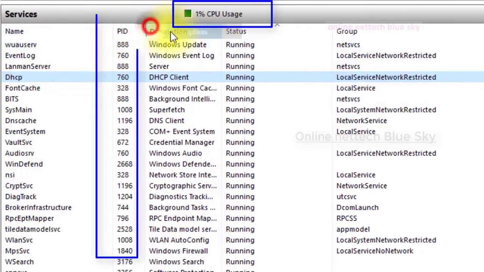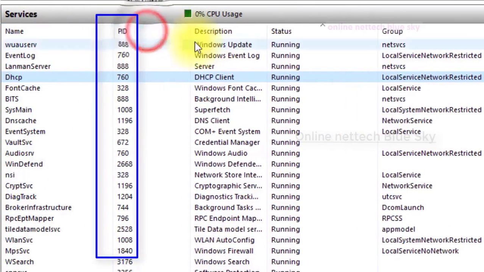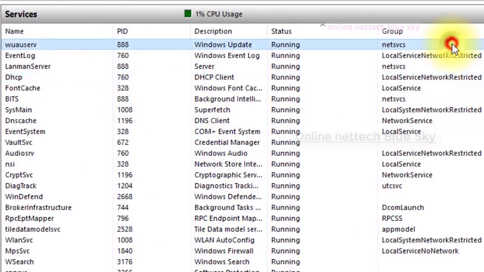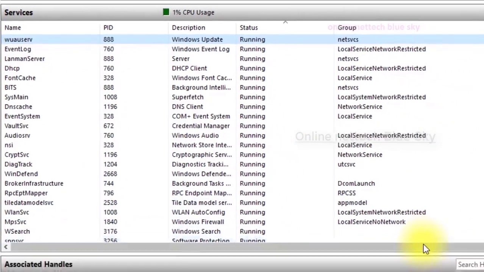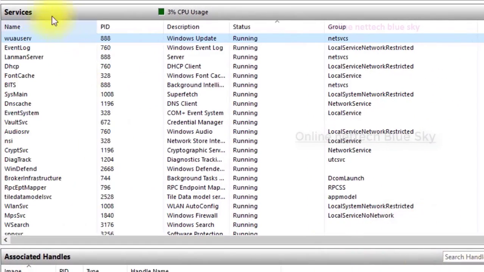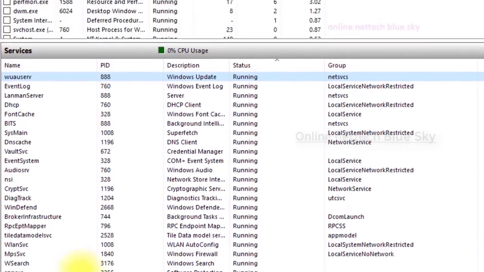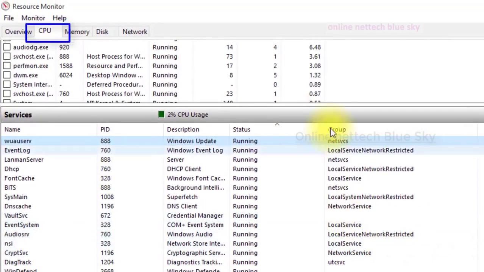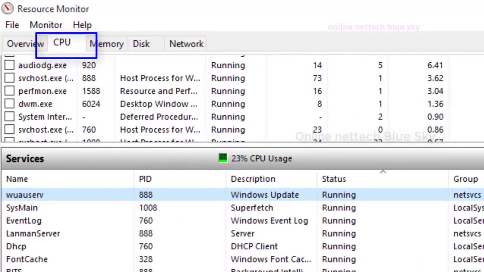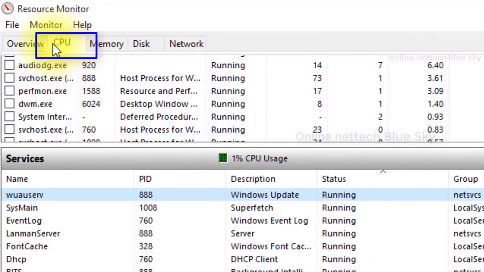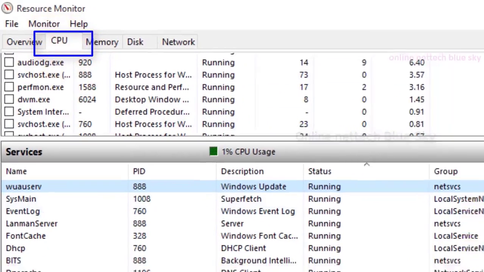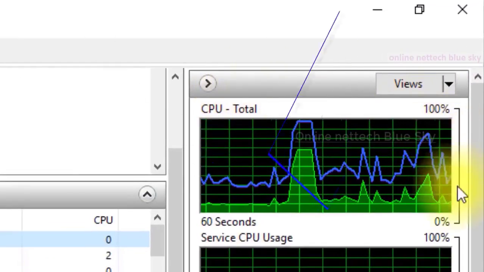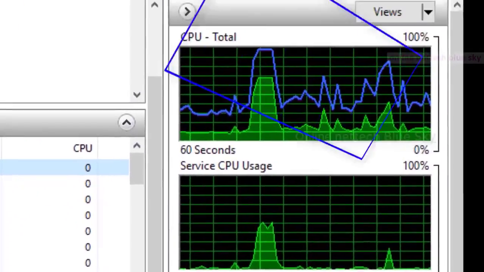And there are some areas that have a fixed process ID. Okay, so why give a process ID? Every process ID works for different work. So through the process ID, the computer and CPU know why these services are being used and the effect of the services. Okay, so you can see the CPU and the CPU services here.